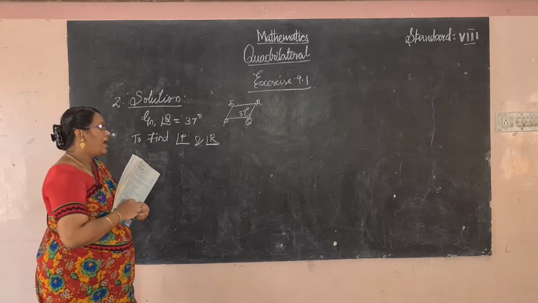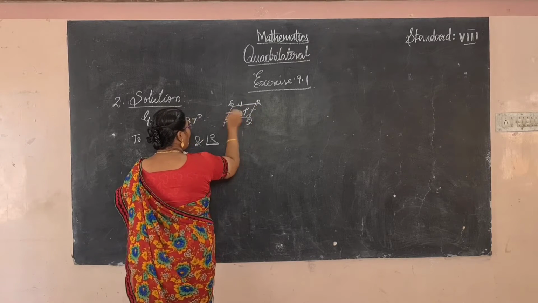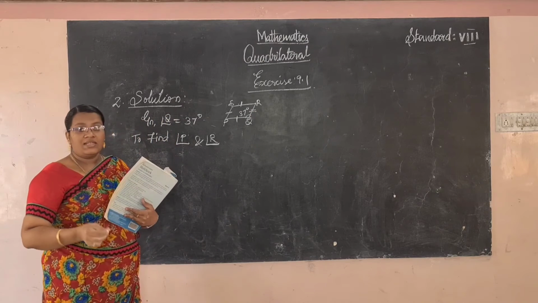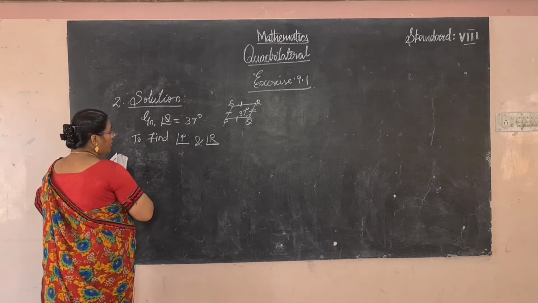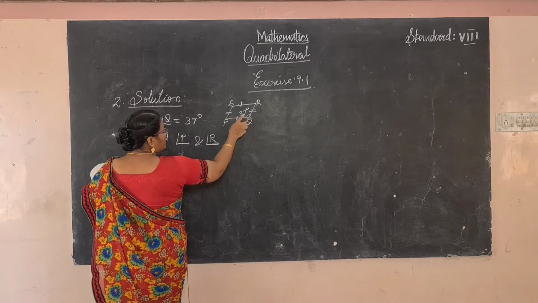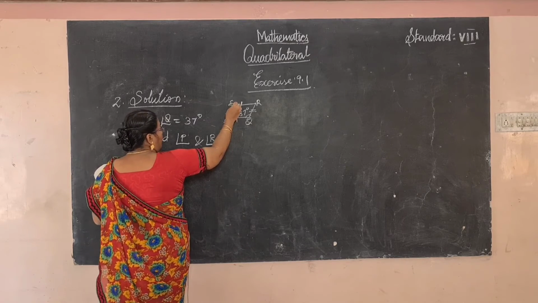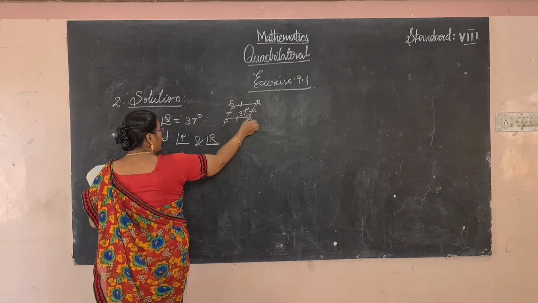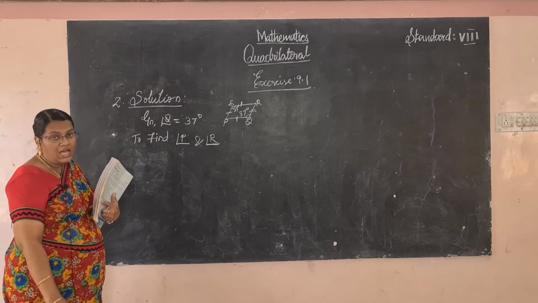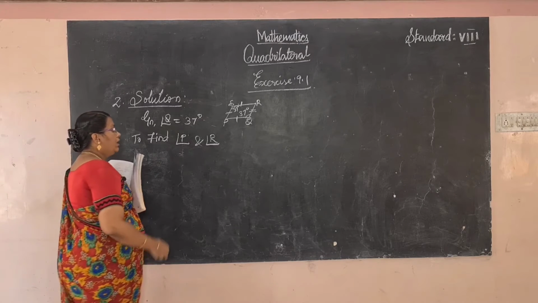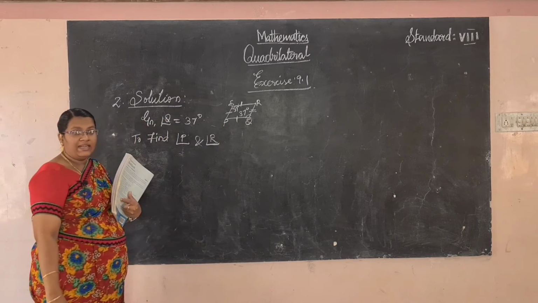Opposite sides are parallel and equal. And then diagonals bisect each other. Okay, so here the angle Q is 37 degrees, given. So opposite angles are equal in a parallelogram, so the S value is also 37 degrees. Why? Opposite angles are equal in a parallelogram. Okay, next, what is the relationship between these two angles? Adjacent angles sum to 180 degrees.